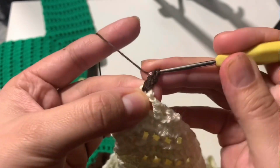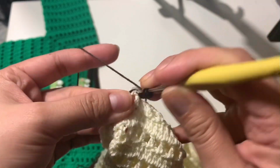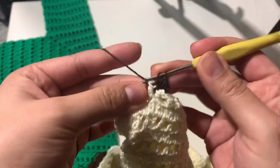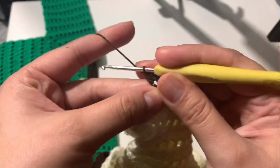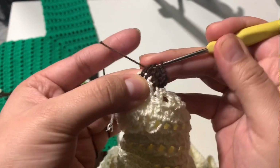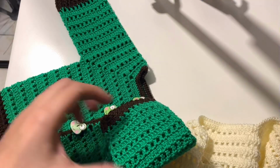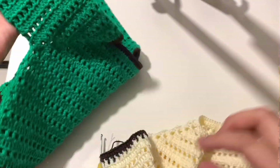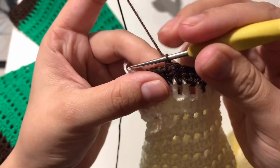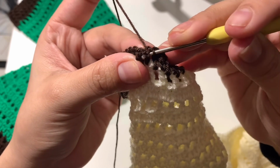Continue working. One long double crochet in the chain 1 space, and in the stitch, chain 1 space, in the stitch, just how we did in the past rows. Okay, like in these rows. This post right here, so for that slip stitch, a slip stitch, and what we are going to do is we are going to